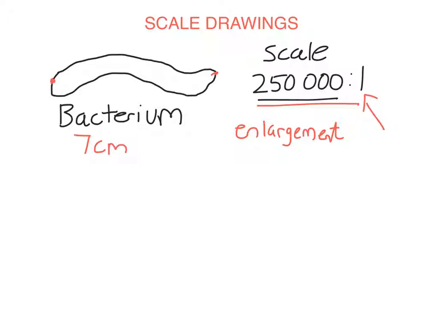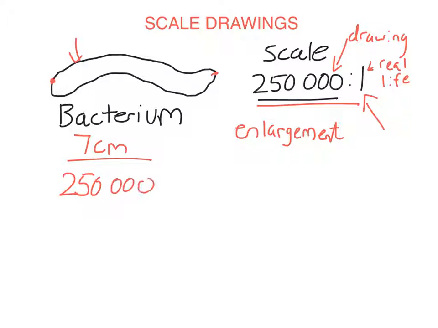So what this scale, 250,000 to 1, means, remember the first number is always the drawing and the second number is always real life. What that means is the length of this object in this drawing is 250,000 times larger than what it is in real life. So if I want to find out what its length is in real life, I have to divide. I'm going to take 7 centimeters and divide by 250,000 because that's the scale. If I do that, I get